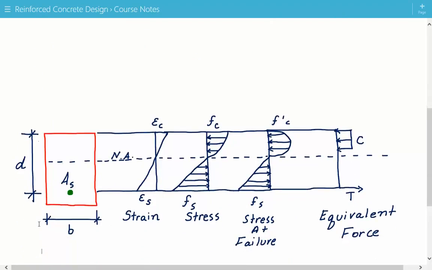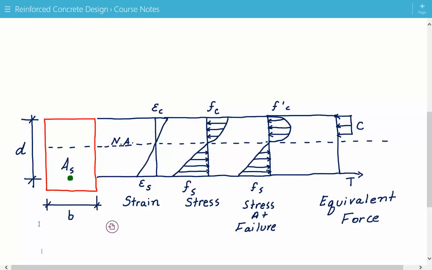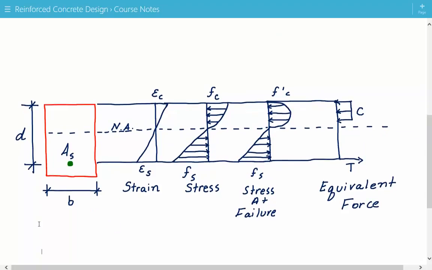So to the very left is a cross-section in which B is the width, and D is the distance from the extreme compression fiber to the centroid of the longitudinal tension reinforcement. And A sub S is the cross-sectional area of the steel reinforcement and can easily be calculated using the formula of pi times the diameter of the